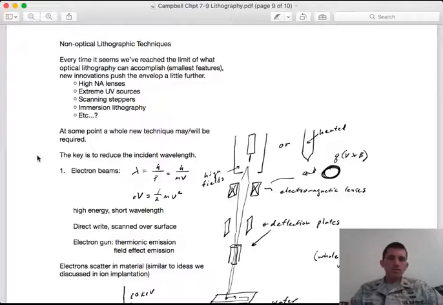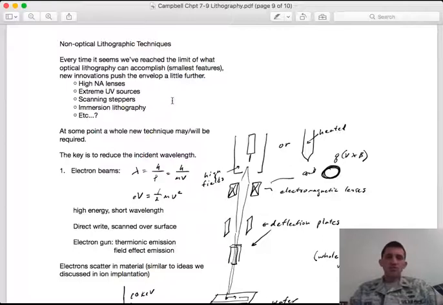These systems, the adoption of these systems is delayed by their high cost and their high complexity, also by the fact that microfabricators are very clever when it comes to maximizing and getting every bit of performance out of optical lithography systems as possible. We talked about some of these tricks in the last video where you'd say, okay, so with the